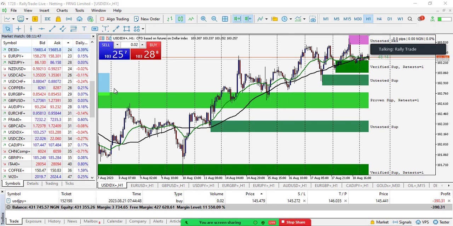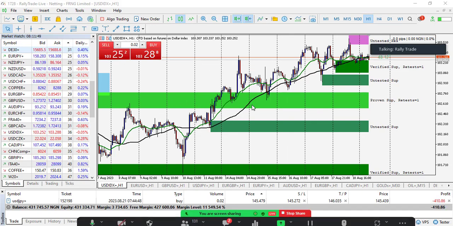All right, now this is the chart. Of course, this is the financial market. So we are looking at USD index, just like we always do. The index measures the strength of the United States dollar in a basket compared with other major currencies like the euro, the pound, the Japanese yen, strong currencies of this spinning planet.